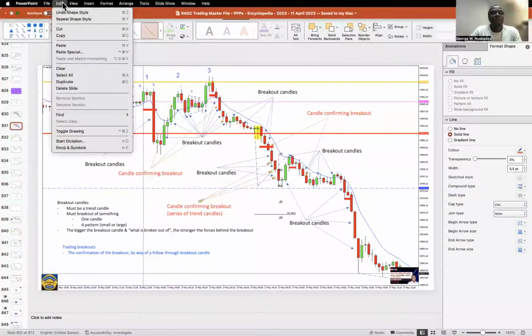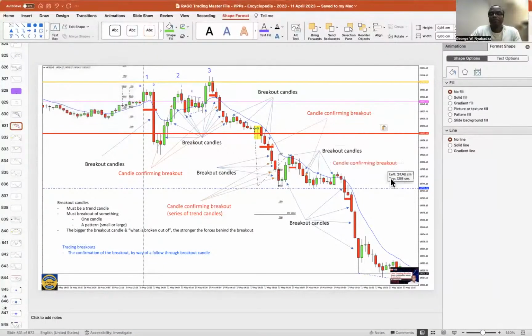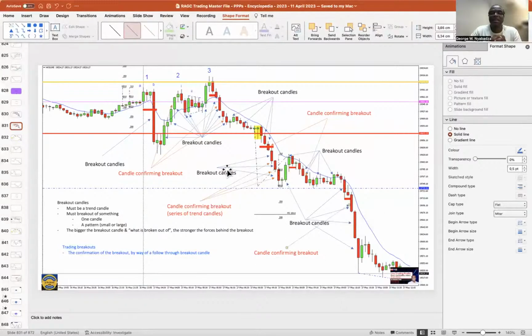And then lastly, let's just have a look here. So breakout candle, that didn't confirm it. Okay, there was a break, so that's a breakout that didn't confirm it. This trend candle is a breakout candle and also a candle confirming this breakout, for the simple reason that the candle after the first breakout was an inside candle. Okay, so it wasn't a doji. So these two candles complete one candle. So this is a breakout candle on its own, but also confirming that earlier breakout. Then you have the next candle,